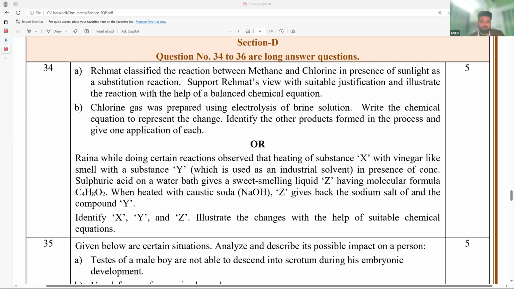Take this compound. These X, Y, Z compound questions are very important. These are the key to how you can score 100% marks. Don't go through so many books, just do the NCERT exemplar. This is very important, and do not miss any test that we are giving you. Then you are going to score 100% marks in your exam. Question 34, OR part.